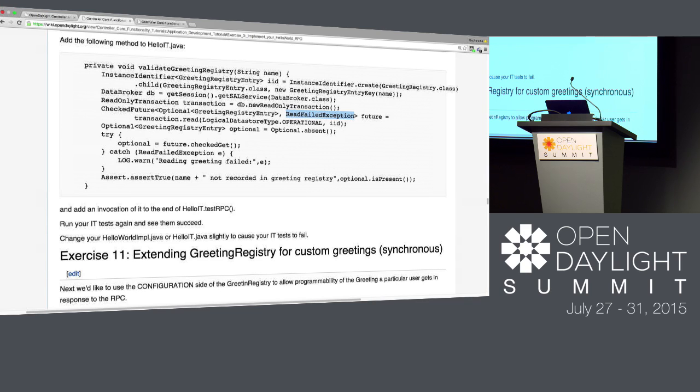That's a bad sign. Oh, I can tell you why. You're still using the parameter name, right? Whatever you're passing into validate grading registry needs to not match the string name. Look at it structurally: name is what you pass to the RPC, and then name is also what you're looking for in the registry. So if you just change name, then